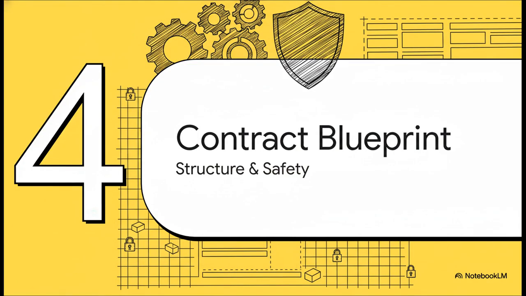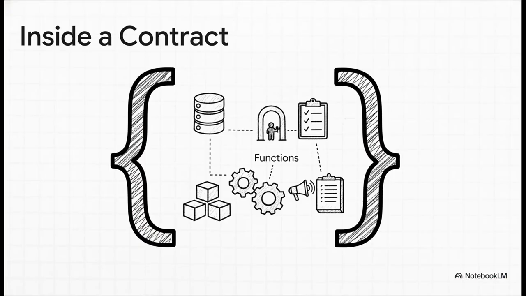All right, let's zoom back out. We've seen the building blocks. Now let's see how they come together to form a complete and, more importantly, a secure contract. A well-built contract has a few key ingredients. You've got your state variables, that's the data that's stored permanently on the blockchain. You have your functions, which are the actions. You can have your custom data types with structs. And then you've got events, which are like log messages, and modifiers, which are reusable safety checks for your functions.